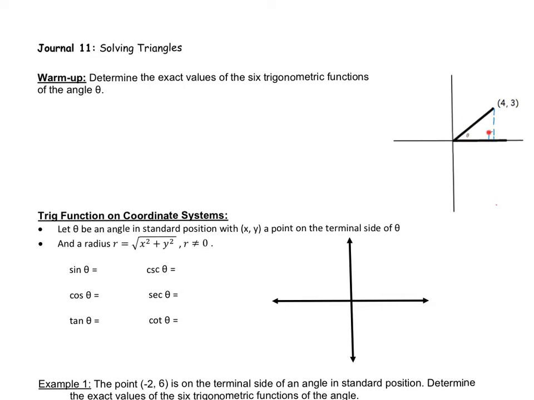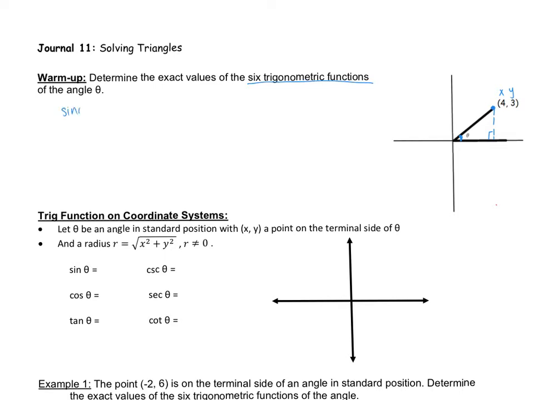So in this problem here, as you can see, there's an angle, and it says that this point right here is at (4, 3). And so we know that that's a coordinate system, an x and a y value. And it says to determine the exact value of the 6 trigonometric functions given that angle. And we can see that that angle is pivoting or referencing right there. And so if we want the 6 trigonometric functions, that is going to be